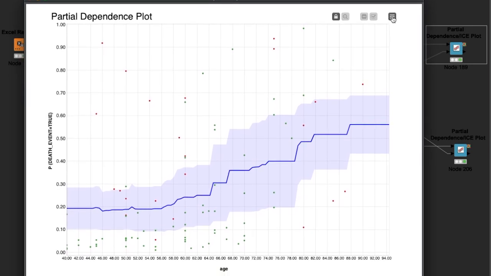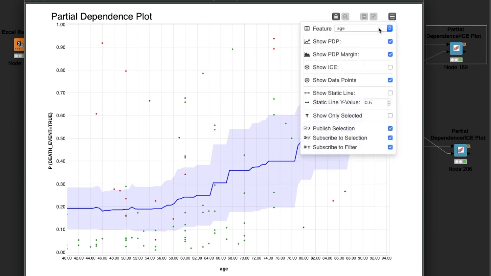To move around within the plots, you can click on this menu, and it lists all the features that are part of your model. So these are all the continuous variables that are part of your model. In this case, we have the age, the creatinine, ejection fraction, platelet count, serum,